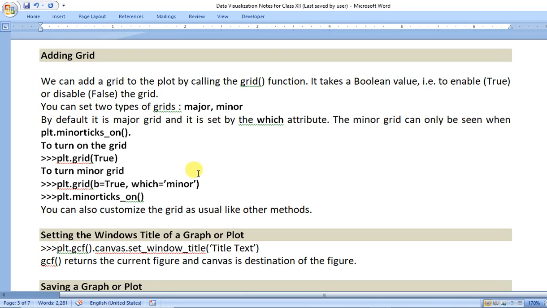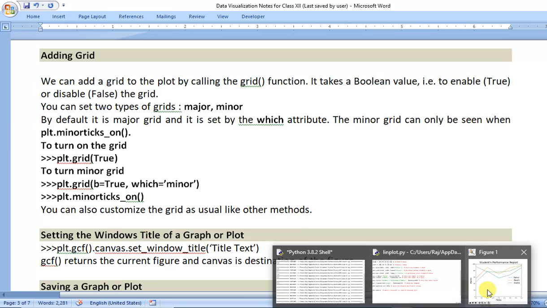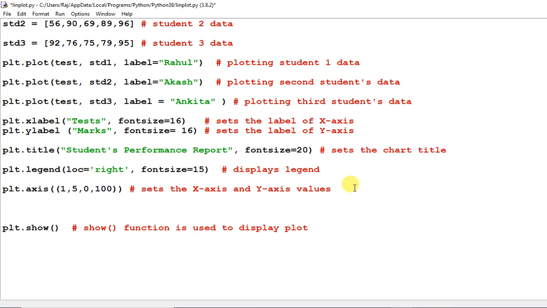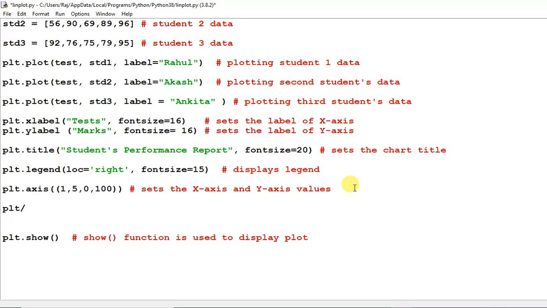So I want to display the grid, so just add one line in your code. plt.grid and then you pass the value True, to display major grid lines.